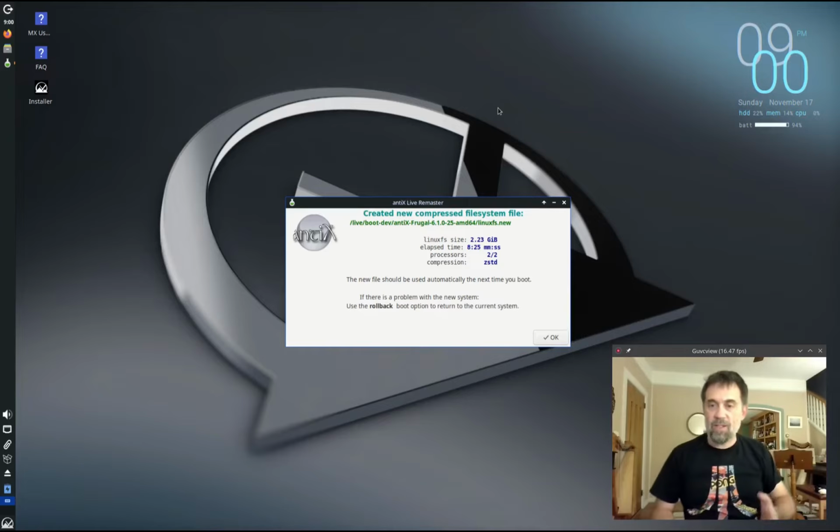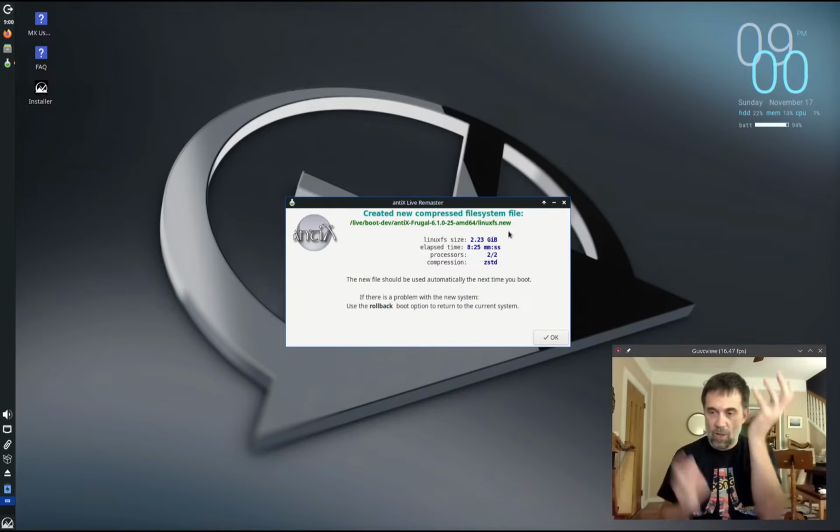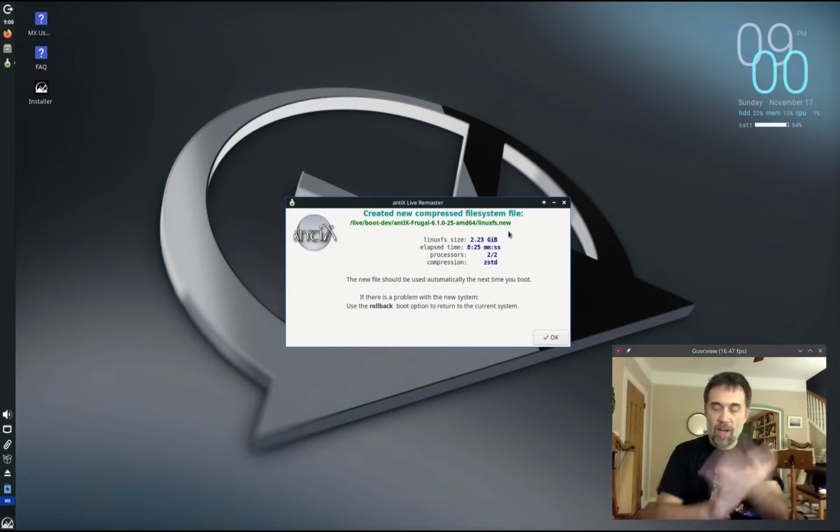Okay, we're back. It's done. You can see it took about 8.5 minutes or so doing that. And you can see here that the new file should be used automatically the next time you boot. Now that's this linuxfs.new file. That's the old linuxfs crammed together with the rootfs file, the persistence file, smashed all together to make a new